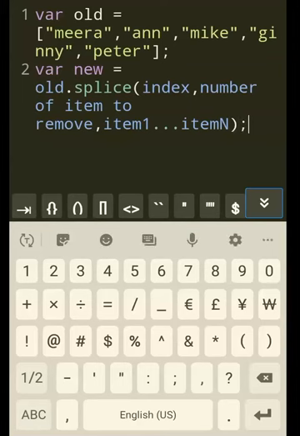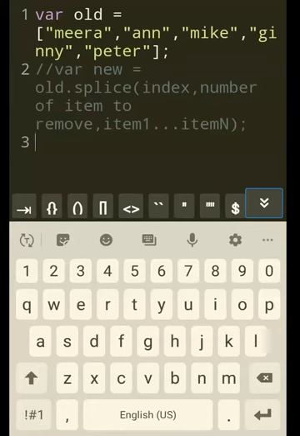When you're adding, it could be 2 items, 3 items, n number of items, or just one item. And don't forget to add it like a string. This was supposed to be a comment, so that you don't find it in the result.